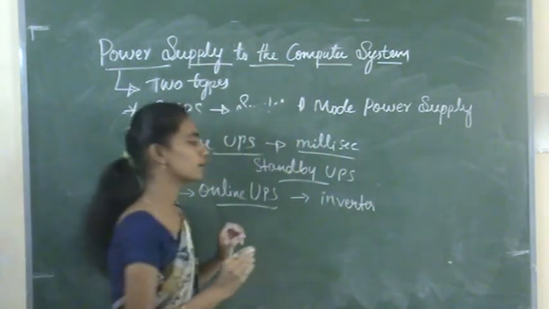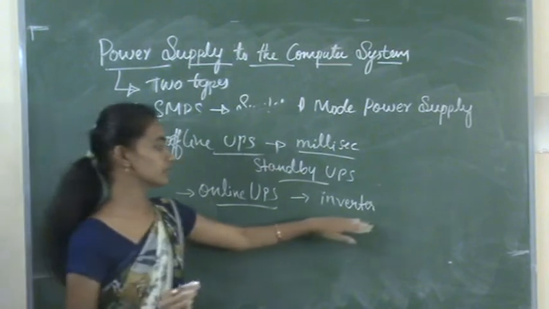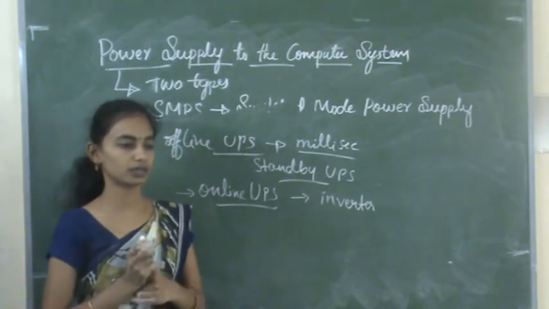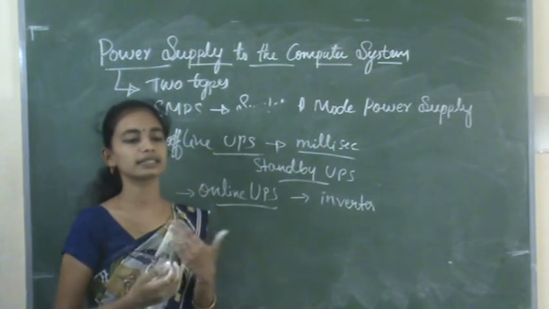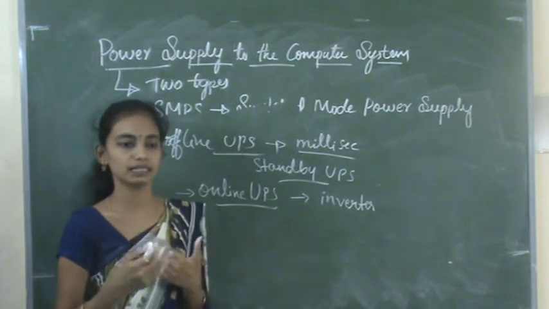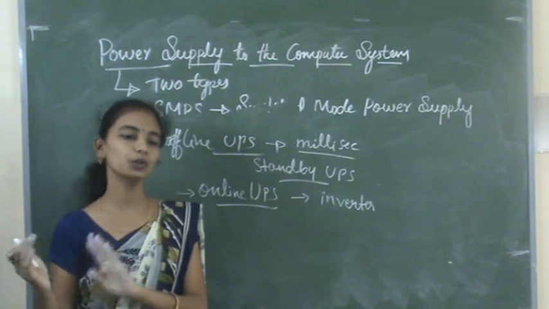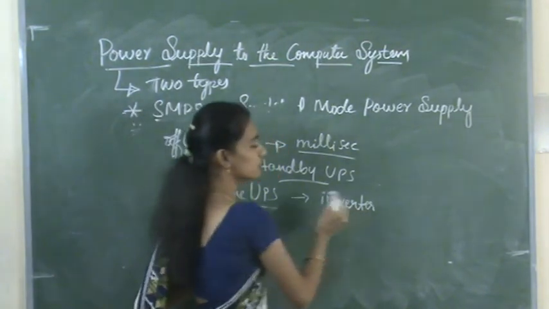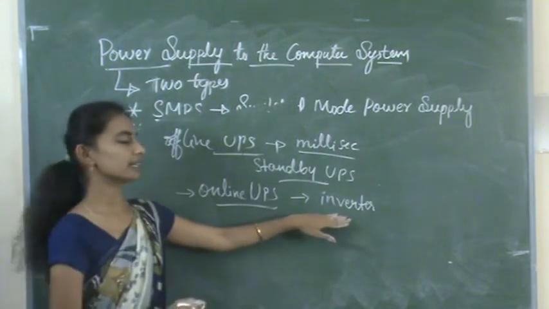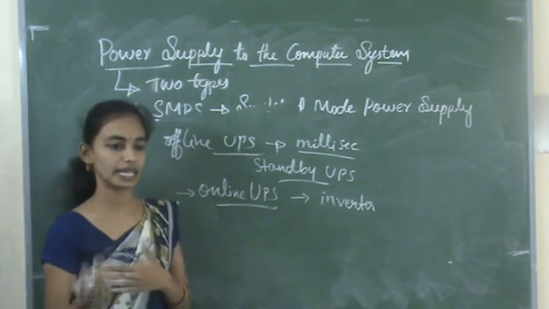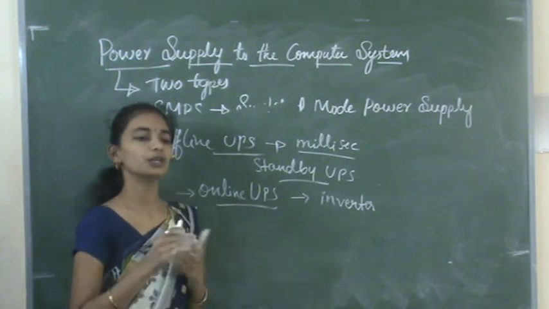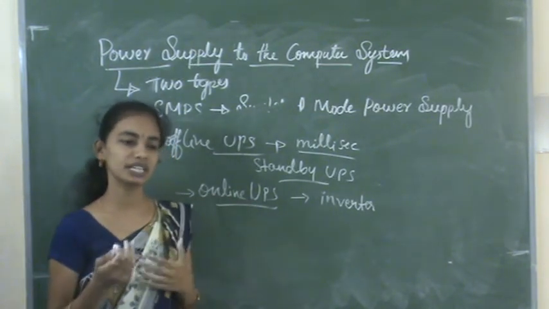With the help of this inverter, the DC current is converted to AC current. So it will convert the DC current to AC current. This online UPS utilizes the power continuously, even when the power